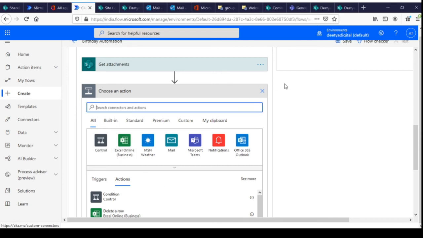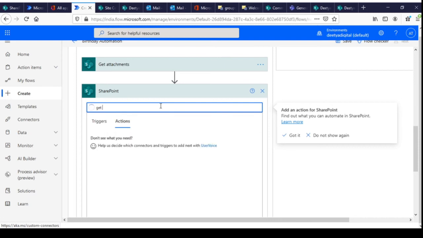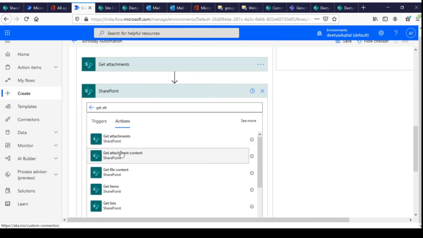Now we already know which attachment we are going to call. Now we need the content of that attachment, right? So we again select one more SharePoint action, get attachment content.